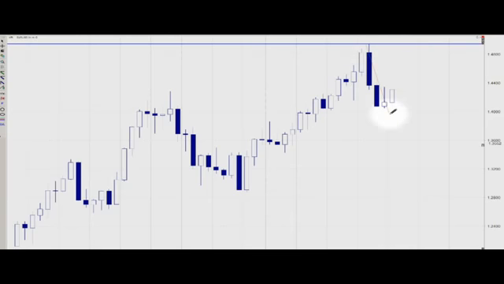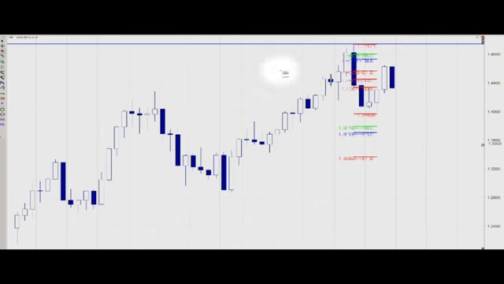We are anticipating and expecting this market to make lower lows and lower highs, lower lows and lower highs. When it does this, we're going to look to sell these highs and buy these lows according to the Fibonacci movement. So let's go ahead and take a look. We've spread our Fibonacci's from this high to this low. The market begins to pull back, forms what's called a dark cloud, a candlestick formation, telling you, hey, Mr. Trader, time to sell me at the 0.618 retracement, or the red line,